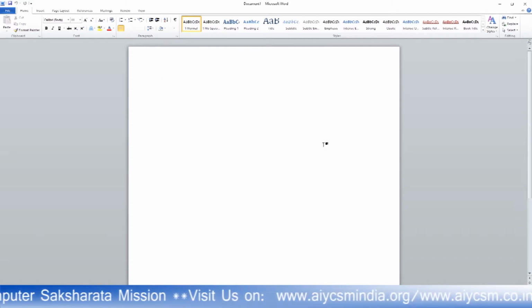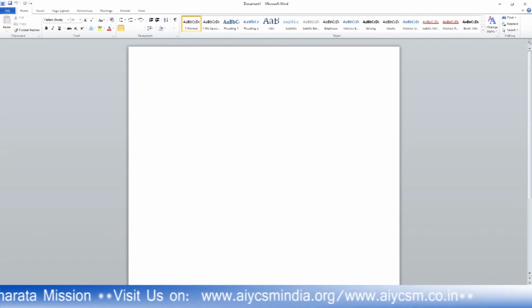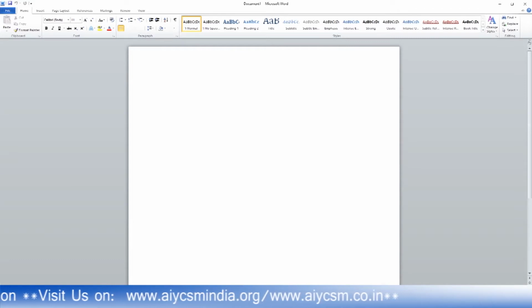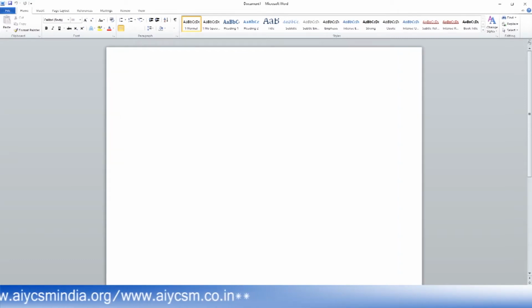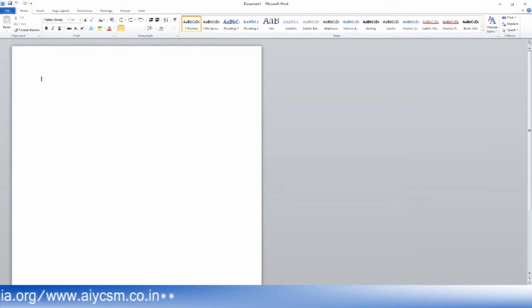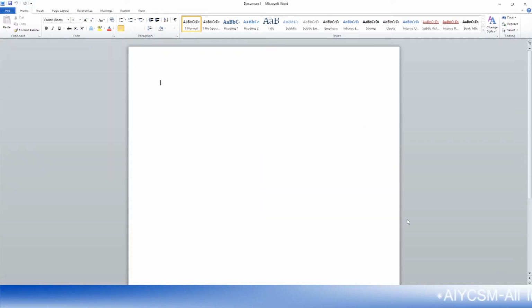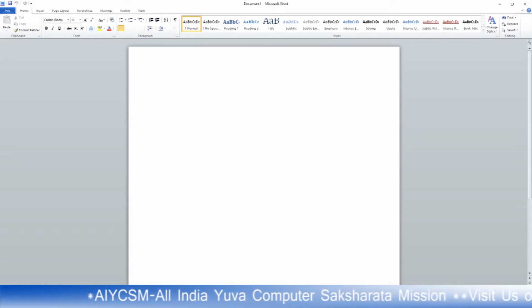So, in this case, you can find the size. You can zoom from there. If you zoom in, the page size gets bigger, and if you click on the minus, it will reduce. This is the size that we want according to your screen size, according to your monitor size. It will vary from one to another.